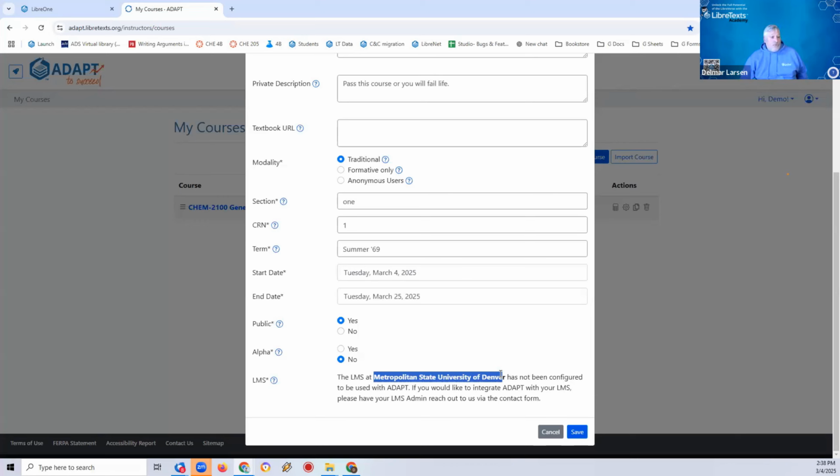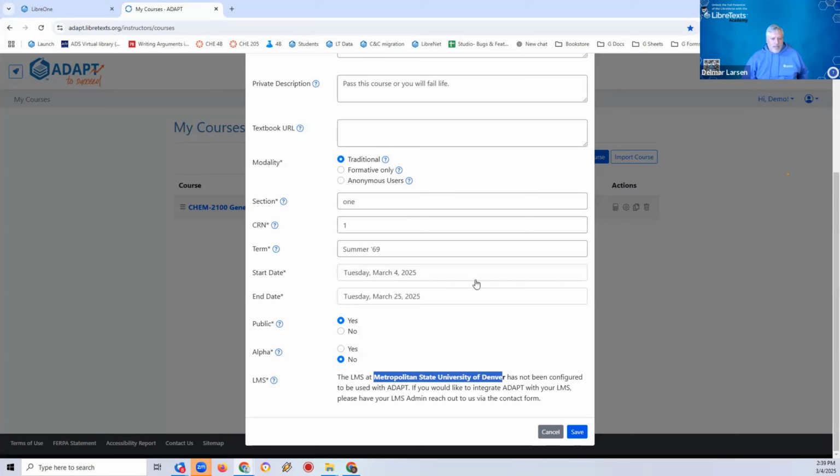We can then download the scores from the gradebook in CSV format, and then upload them manually if we want. We just don't have the automatic communication that LTI provides to us, or LTI plus an API for the Canvas site. Okay, so again, keep alpha at no for now.